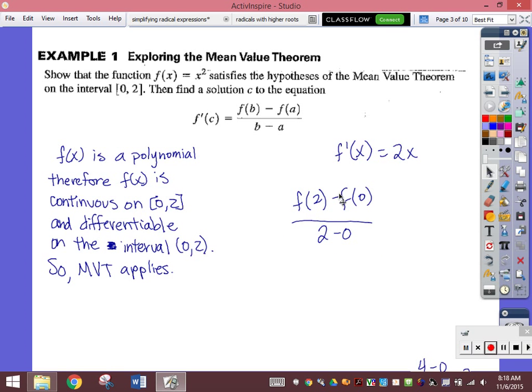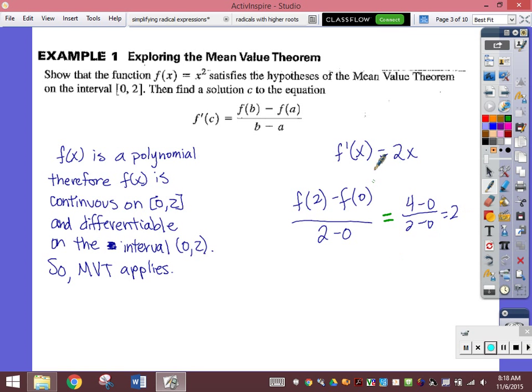So when I plug those in, it would look like this: f of 2 minus f of 0 over 2 minus 0. And note that this is f, so I'd plug 2 into 2 squared and 0 into 0 squared. And then once I do that, this would become 4 minus 0 over 2 minus 0, which would reduce to